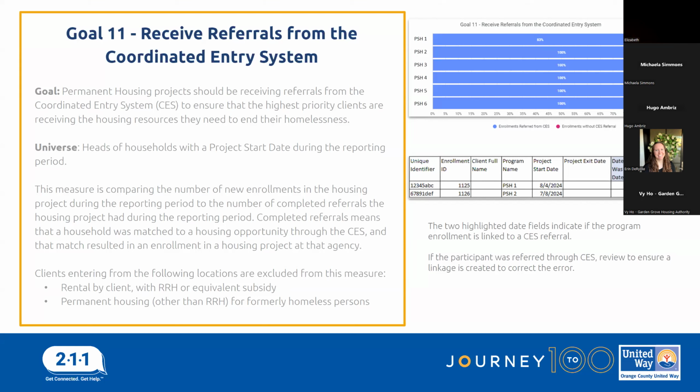The first date is date referral was reassigned date, meaning there was a match for this participant to a program, and that's a date they were matched. Date accepted in project date would indicate the date that they were enrolled into the project, and you'll notice that it does correspond to the project start date. As Hugo mentioned, there are situations where a participant is matched to a housing opportunity, and they then are enrolled into a different project. So for this example,